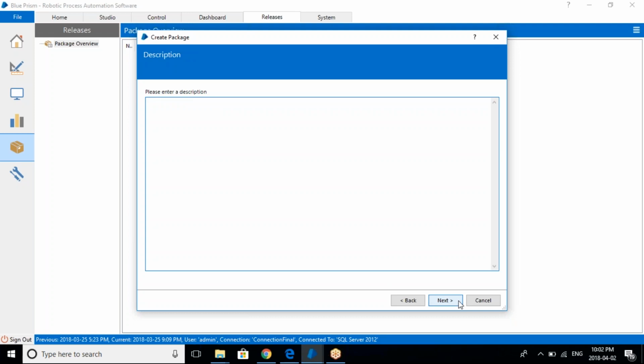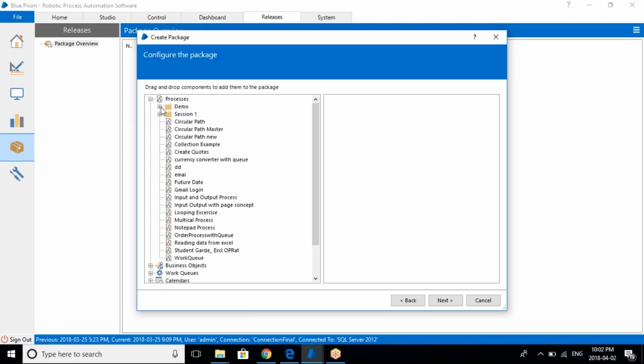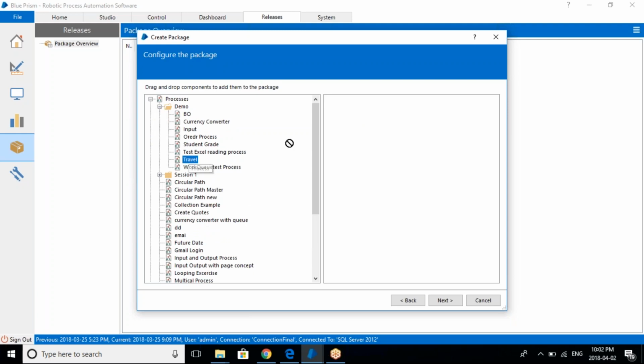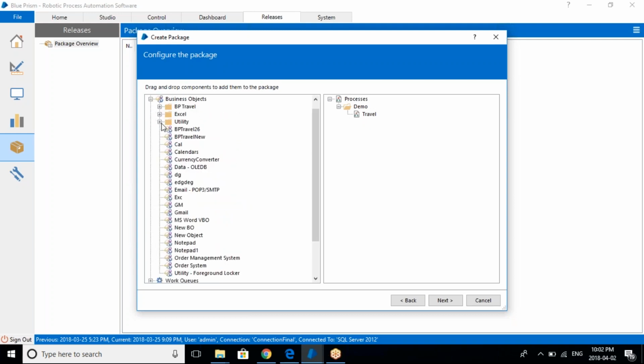and I click next. You can write whatever description you want specific to the particular package, and then click next. As soon as you click next, you see all the options that you have in Blue Prism here. And here you have the option to configure the package. These are pretty much drag and drop. Here you will be dragging and dropping whatever things you are going to include in the particular package. For example, let's say I'm using a travel process here, I just gave the name travel process, and let's say I'm using